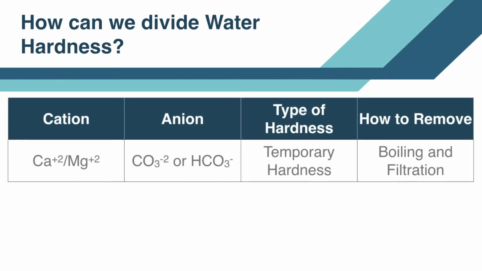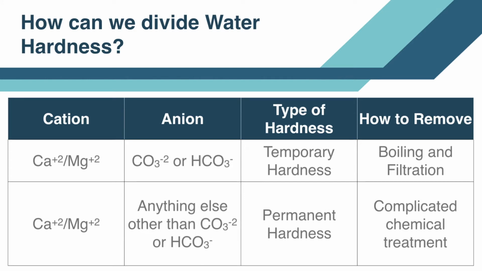As per the definition in the standard textbook, carbonate and bicarbonate salts of calcium and magnesium will cause temporary hardness, and chloride and sulfate salts of calcium and magnesium will cause permanent hardness in water. But for your convenience, I have given this table which will clarify how to identify temporary and permanent hardness in a much better way. This table is a much more convenient way to identify temporary hardness and permanent hardness.